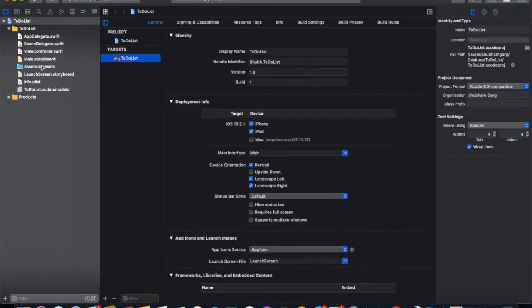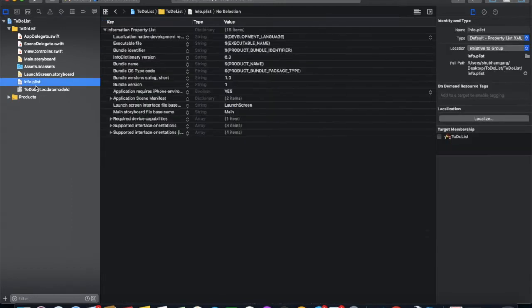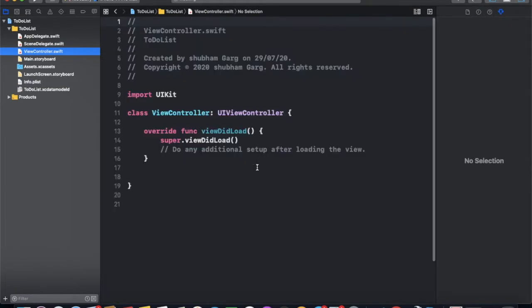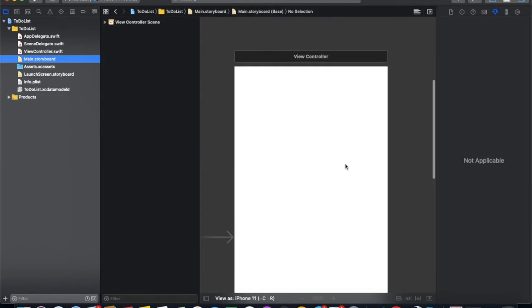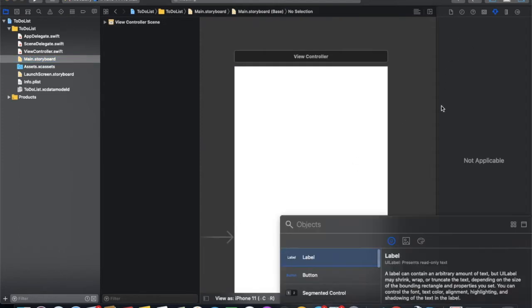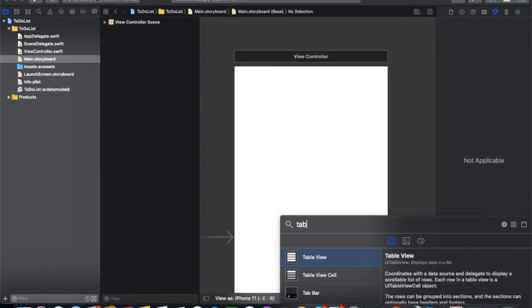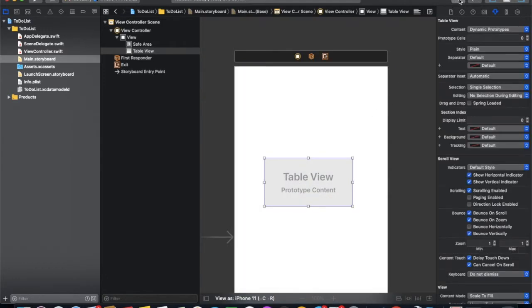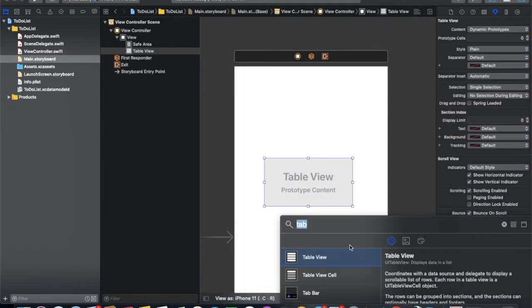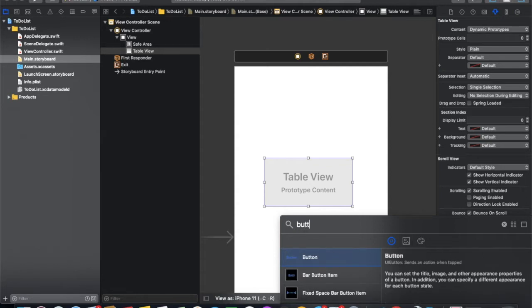Now first we create some UI. In the view controller part, in the main storyboard, we are just using a table view, along with which we add a button, the add task button.